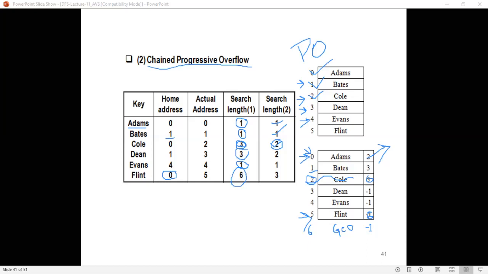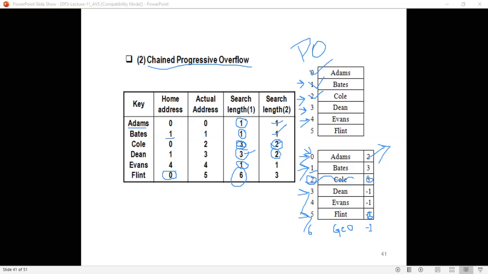Here first you will search here, but it is not there. So where will you go? Next you will see the link here, 3. Here you have D. What is the search length? It is 2, isn't it? But in case of linear probing, it was 3. Here it is just 2 because of this linked list.